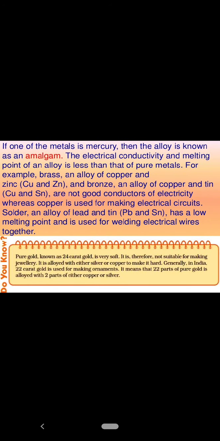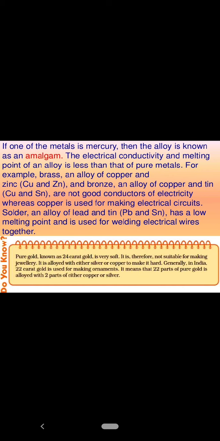In fact, the properties of any metal can be changed if it is mixed with some other substance. The substance may be added as a metal or it may also be added as a non-metal. An alloy is thus a homogeneous mixture of two or more metals or a metal and a non-metal. It is prepared by melting the primary metal and then dissolving the other element in definite proportion and then cooling at room temperature. If one of the metals is mercury, then the alloy is known as an amalgam.